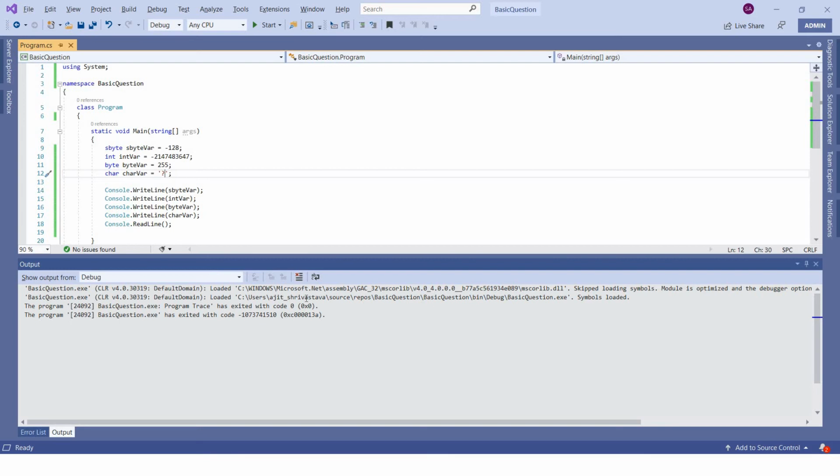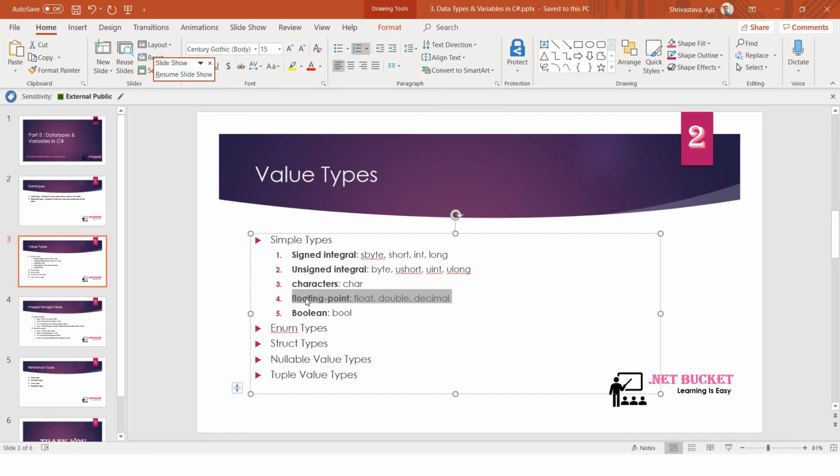Now among these floating point numbers, we have 3 different types: float, double and decimal. Many of you must be confused about the difference between float, double and decimal, and when to use float, when to use double and when to use decimal.